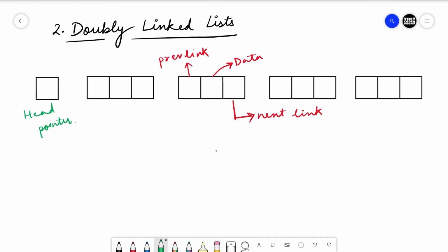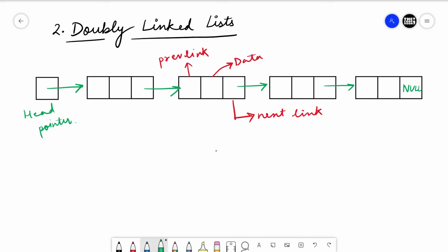We can use this head pointer to jump to the first node of the series. Similar to singly linked list, we can use the next link part of the first node to jump to the second node, the address stored in the next link part of the second node to jump to the third node, and so on. And at last we can see we have stored null in the next link part of the last node, which means that the list terminates here.